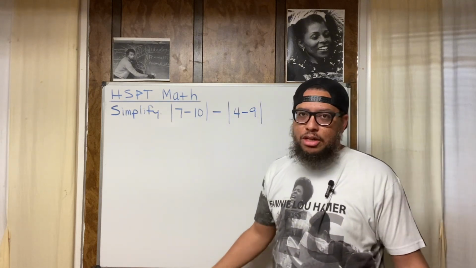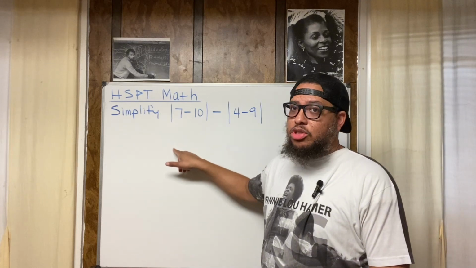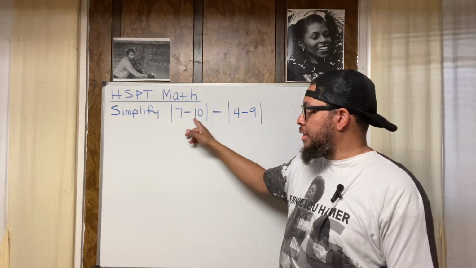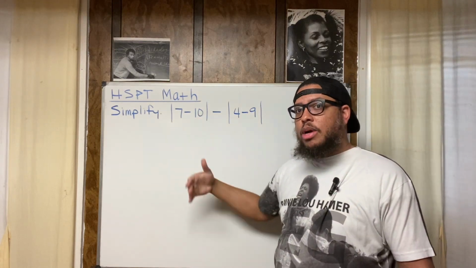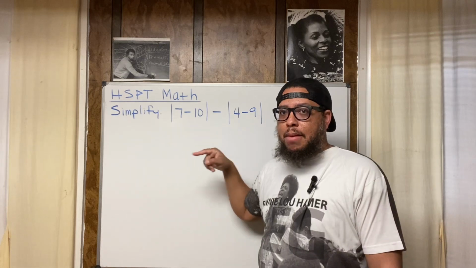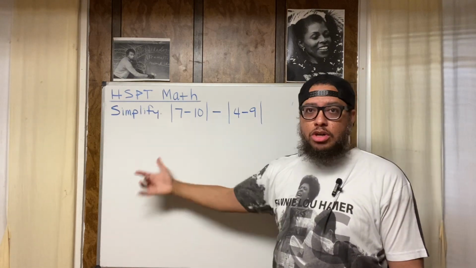7 minus 10 is -3. It ain't that deep. You start at 7 on the number line. If you subtract, that means you move to the left. How far do you move? 10 spaces, because that's the 10 right there. That 10 tells you how far to go. The minus sign tells you what direction to move. Minus sign means move left. Plus sign means move to the right. The first number is your starting point.